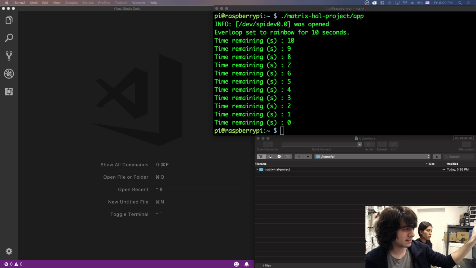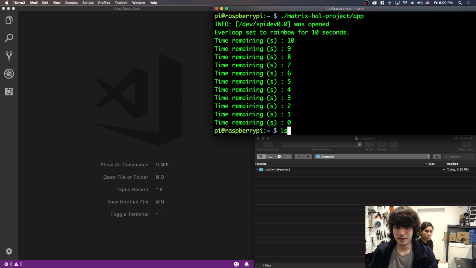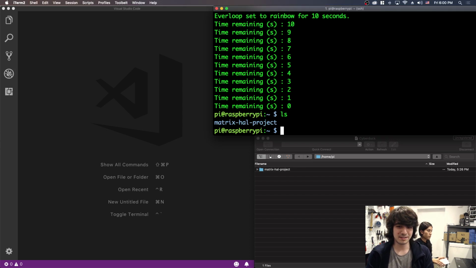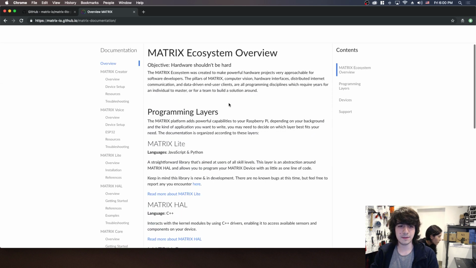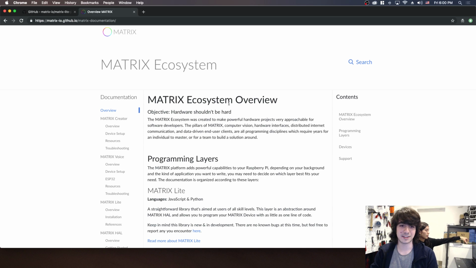So you can see we have right here just an empty Raspberry Pi with HAL pre-installed, and that is it. So to get started, I'm going to explain exactly what MATRIX Lite is and what it does. Oh, wrong camera. So if you go to our documentation page, we've made some recent edits, and if you go